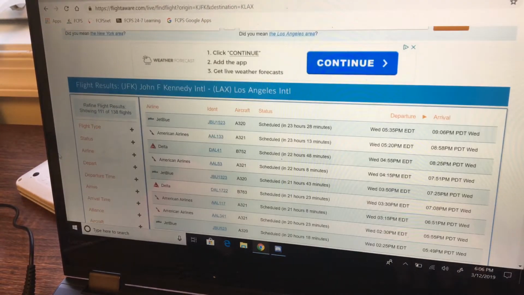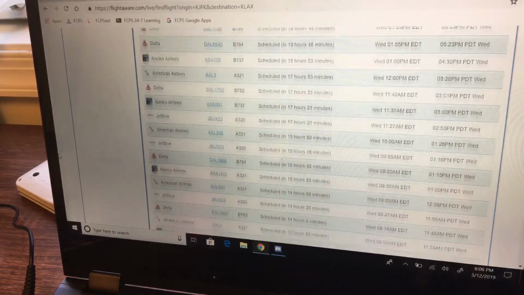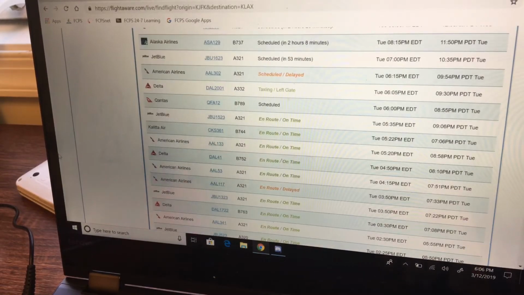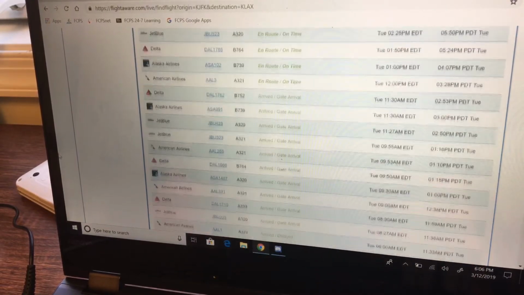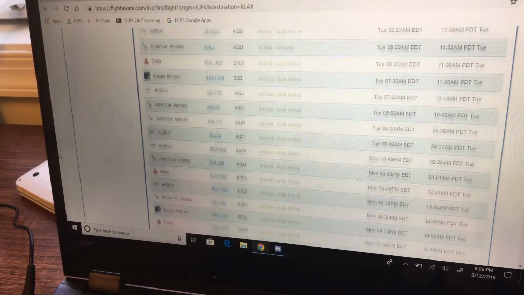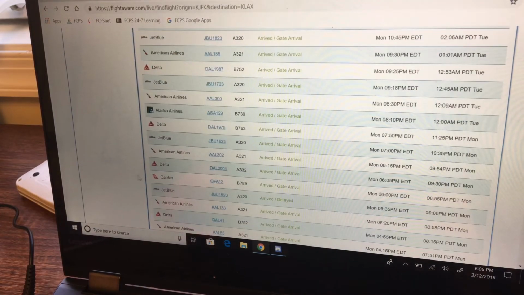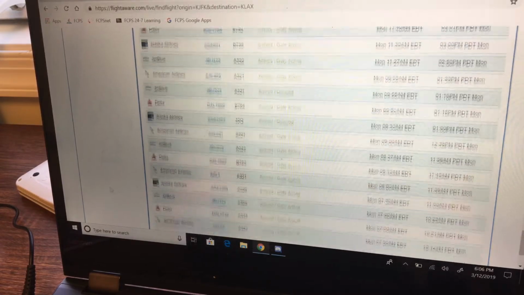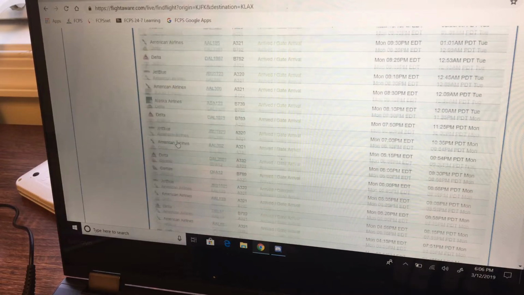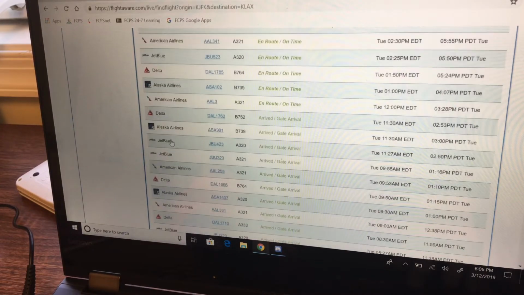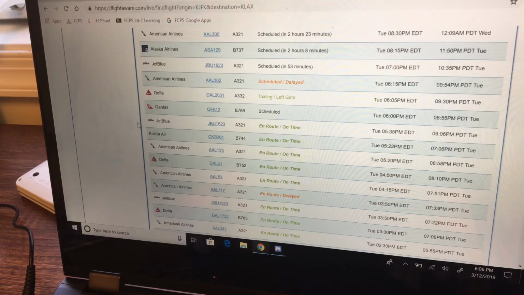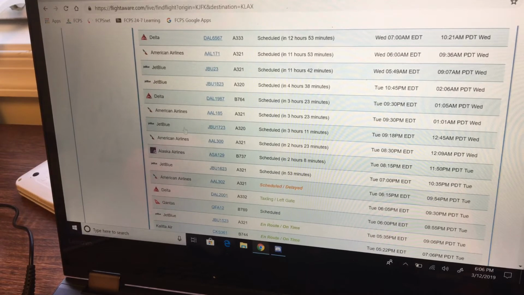As you can see here, we have a list of different airlines we can operate for this flight: JetBlue, Delta, American, and Alaska Airlines, along with many others that are international airlines, such as Qantas, as you can see right here. But as you can see, there are many airlines that do this flight. So we're going to go ahead and choose Delta, or not Delta,